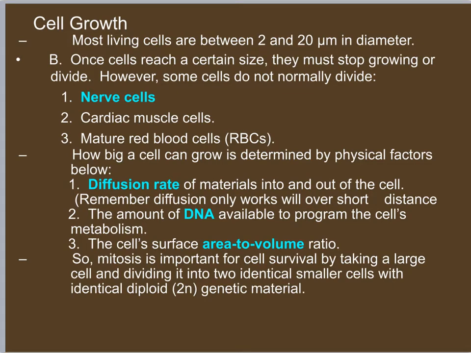divide. There are a few cells in your body that don't typically divide, and we've talked a little bit about this in class. These cells that don't divide are called amitotic, which is without mitosis. So they don't divide. Anyway, those cells are going to be nerve cells. So if you recall, if you have some sort of accident where you damage your spine, your spinal cord, or possibly your brain, those cells may not recover, because if you have a broken bone, for example,